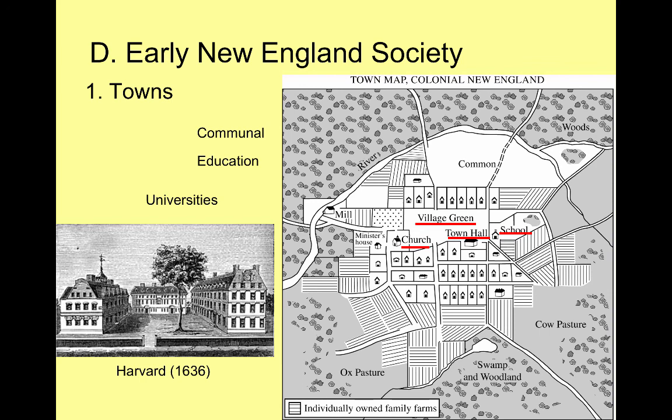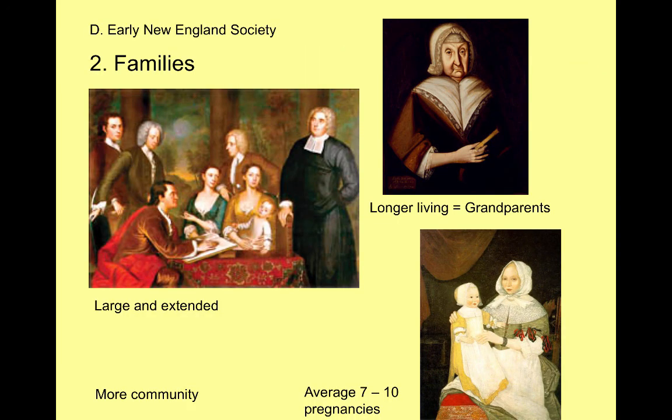Let's talk about New England families. If you remember, I had talked about Southern families, and in the first half of the 17th century, families were rare, and if they were there, they weren't very stable. But in New England, from the very beginning, from 1620 on, we're going to see that families exist. People came together as families. Women came to New England with their families. And so it is large families, extended families. The Bible says, be fruitful and multiply.